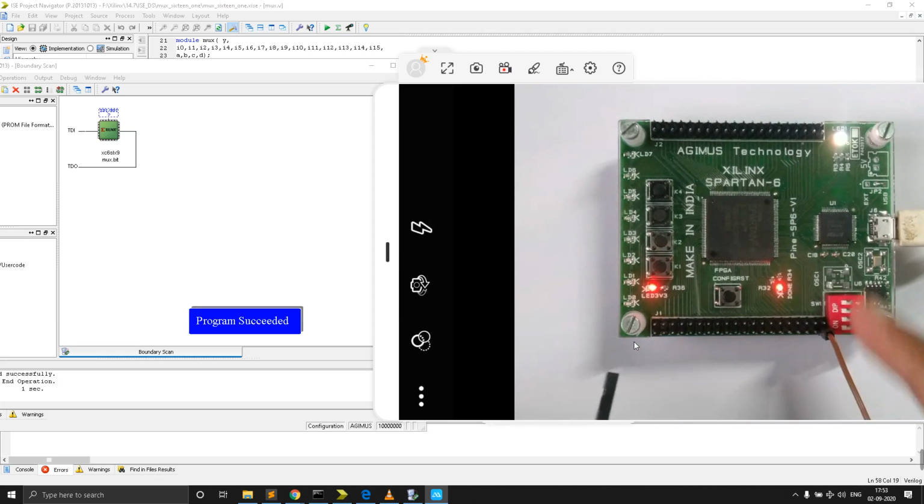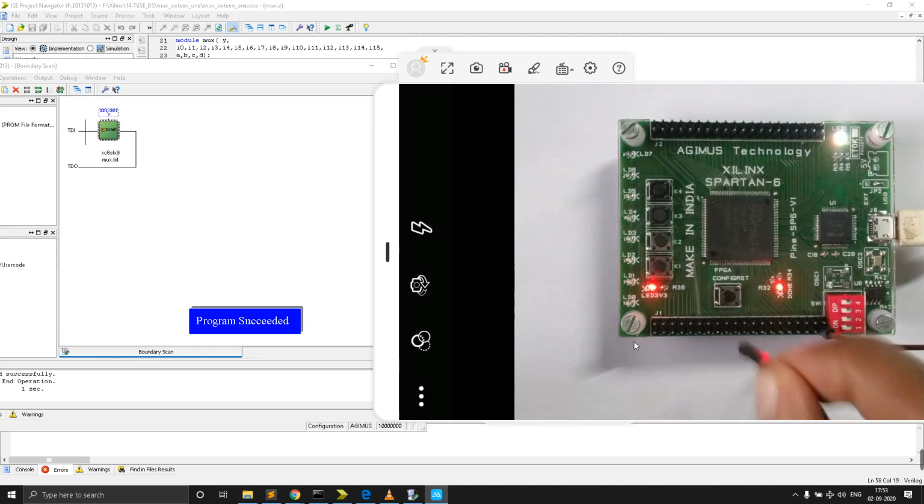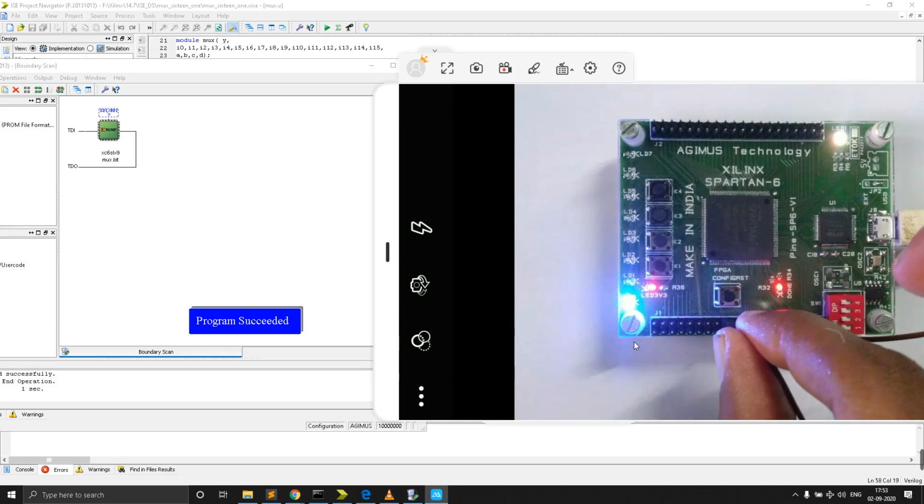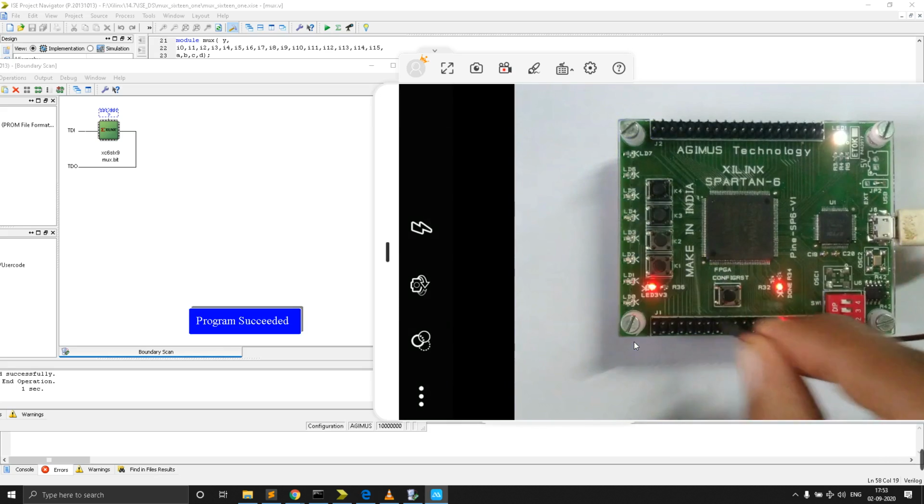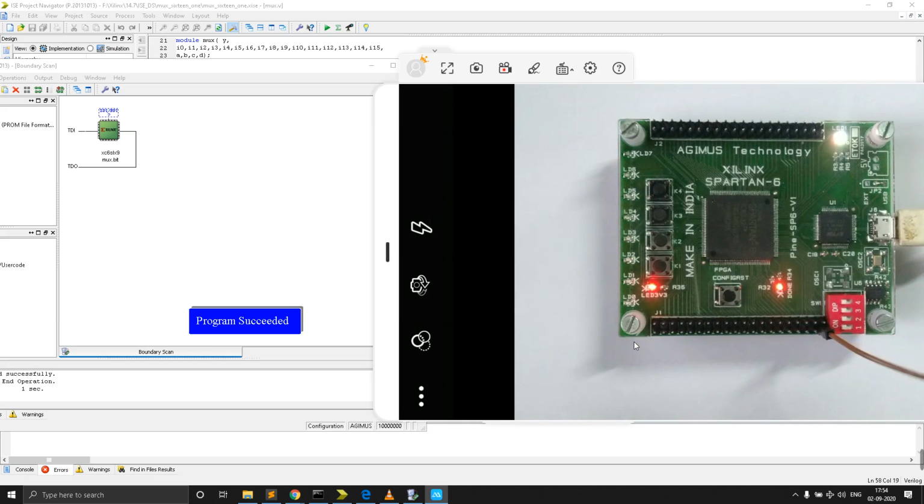Now all are at 1111. Now I'm going to give this to the 16. Starting from here, 0 1 2 3 4 5 6 7 8 9 10 11 12 13 14 15. Not 16, 15, because we started from 0. Now it is giving us 1, and when I remove this, it will turn off. This is how the 16:1 mux works. I think you've understood the 16:1 mux built using the 4:1 mux, using five 4:1 muxes. Thank you.